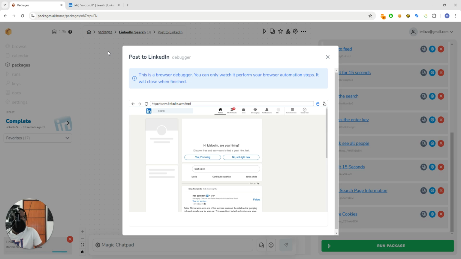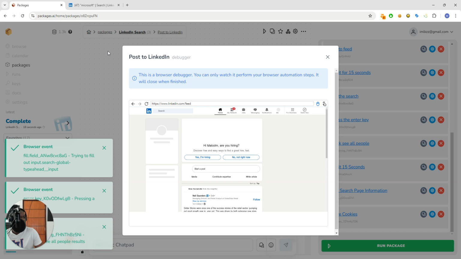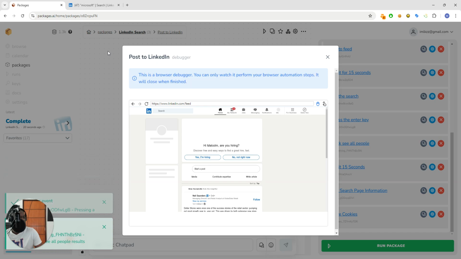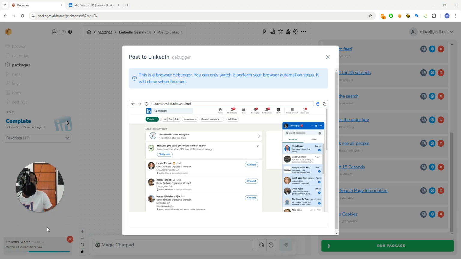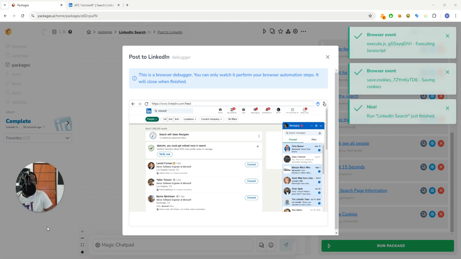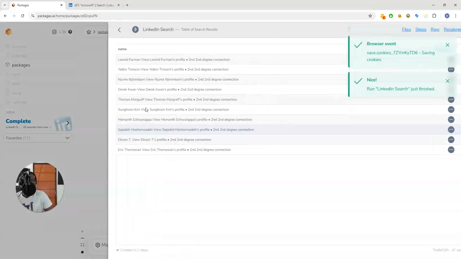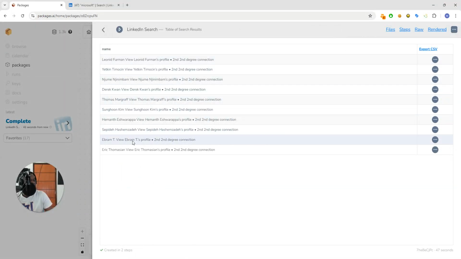Let's see. Microsoft search coming soon. This might be frozen. Okay. Now it's waiting for 15 seconds. And it will scrape all these people's names, hopefully. All right, so now this finished. Perfect. Now it got everybody's name,